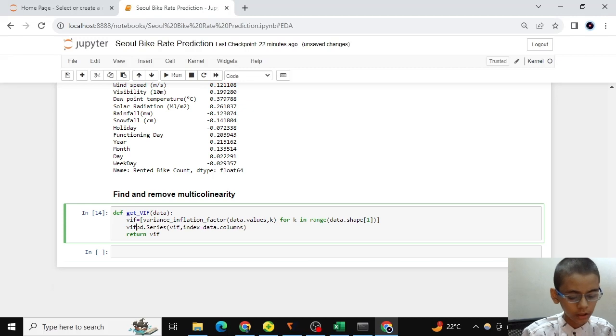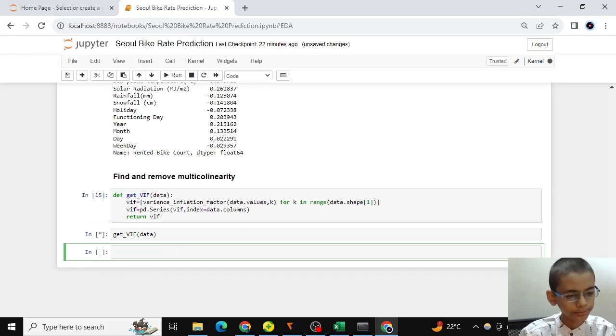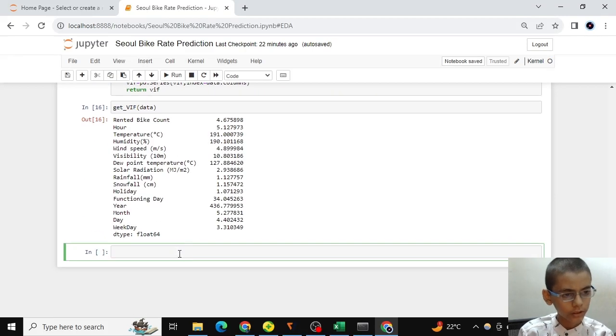Sorry for that, we have to put here VIF is equal to get VIF on data. It will give us VIF.